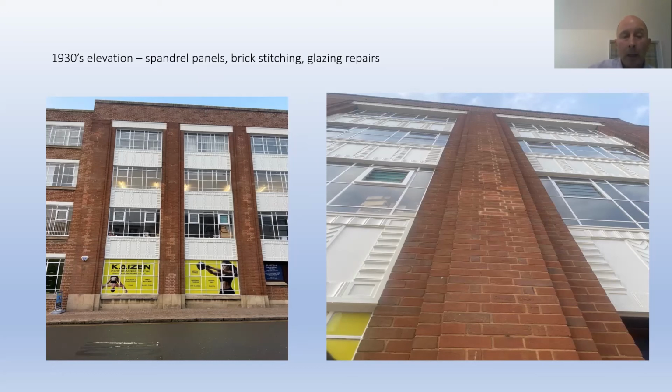And again, the metal frame windows, what we found was the metal frame windows were bulging in places because of the pressure from the steel frame that was being put on them. The original schedule of work was to remove the metal frame windows, not all of them, but some of them. But once we had a closer look, we felt that would cause too much damage. So the glazing specialist, Nick Baelish, based in the Jewellery Quarter, advised that